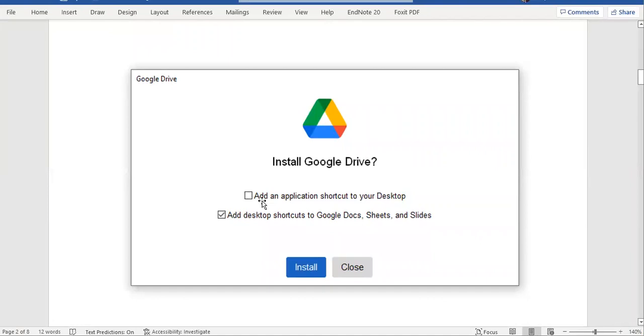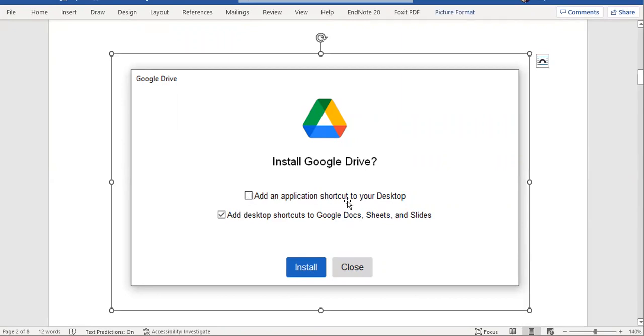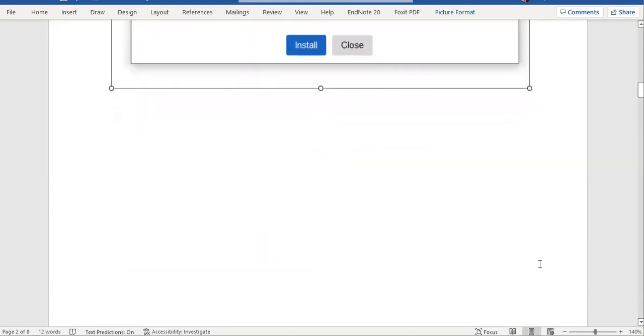You have to choose from two options, it's all up to you. The first option is add an application shortcut to your desktop. The second option is add desktop shortcut to Google Docs, Sheets, and Slides. You can choose both options, but I have chosen add an application shortcut on your desktop, and now you should press the install button. When you press install, step 3,